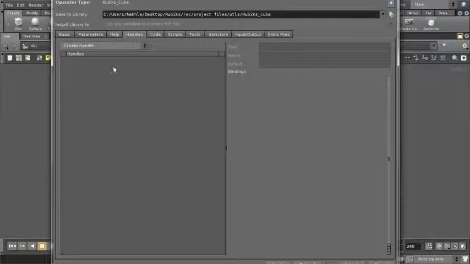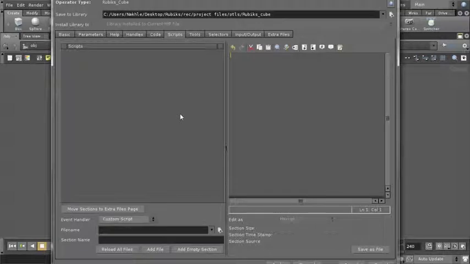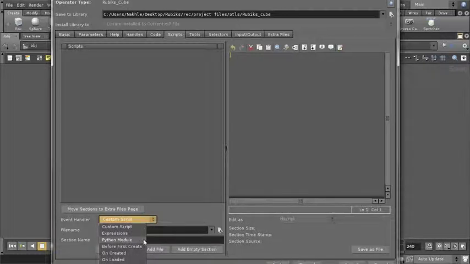Here you can create handles for your digital asset and then link them to some parameters in it. In this script tab here, you can write code to include in your digital asset, and this is where we are going to create our code for the rotation and the keying of our Rubik's Cube. And as you can see in this event handler menu, you can write expressions, you can put a Python module, you can execute code whenever the digital asset is created or whenever it's loaded, etc. In our case, we are going to use this Python module